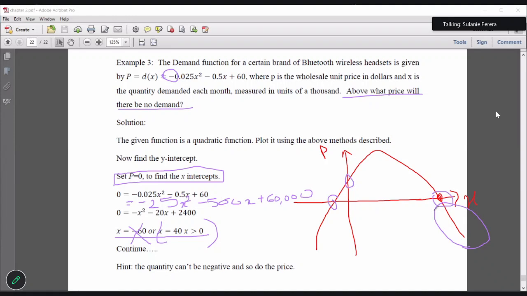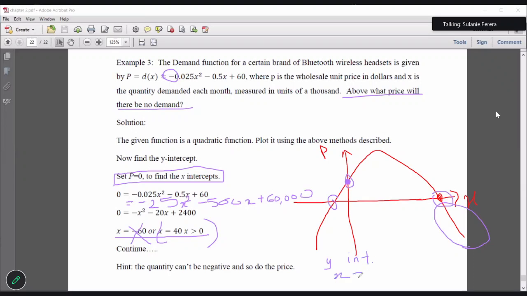Right? This is the quantity. Now we found the quantity. Now they are asking you to find the price. So for the price, you have to find this point. That is the y-intercept. The y-intercept is when x is 0. So now find the y-intercept